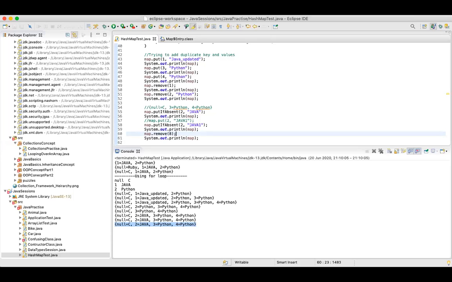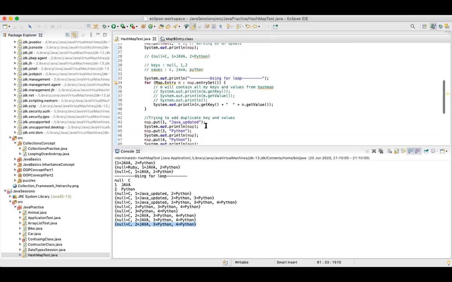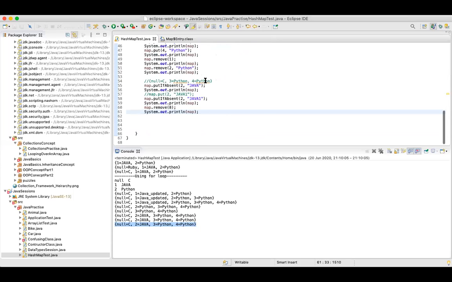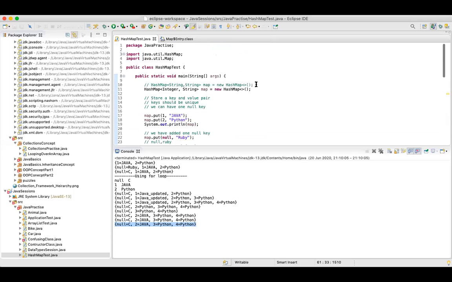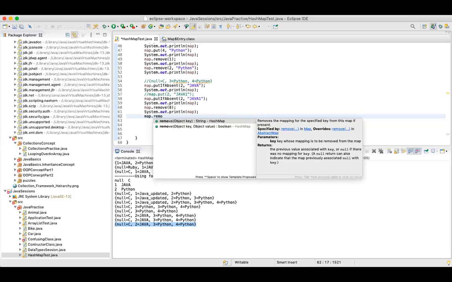Now I think we have covered most of the things. There are also a couple of things like addAll which I'm not covering because we have already seen that. Someone is asking, can we remove Python? So let's say we have map dot remove.